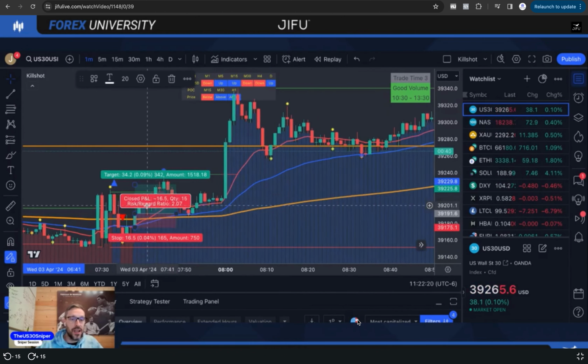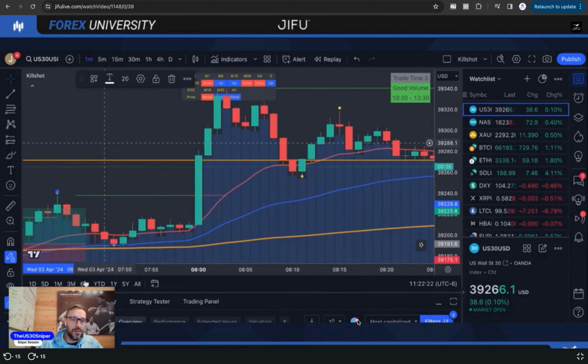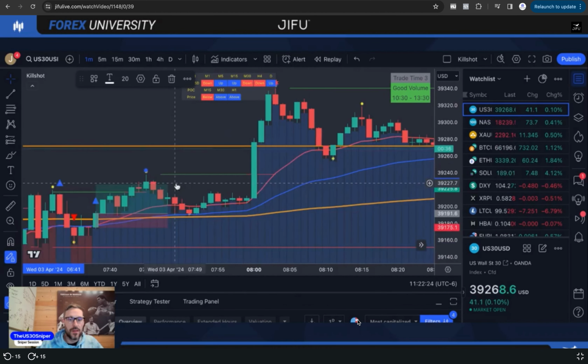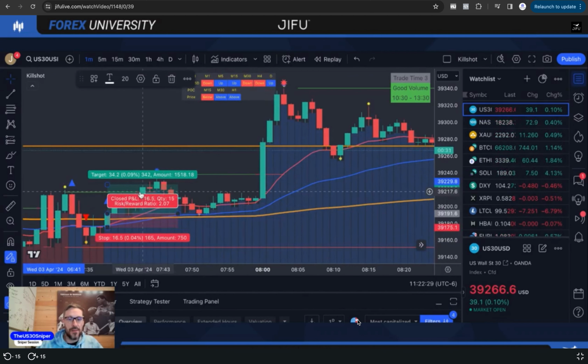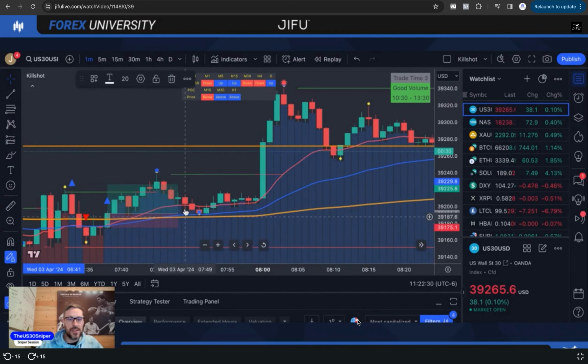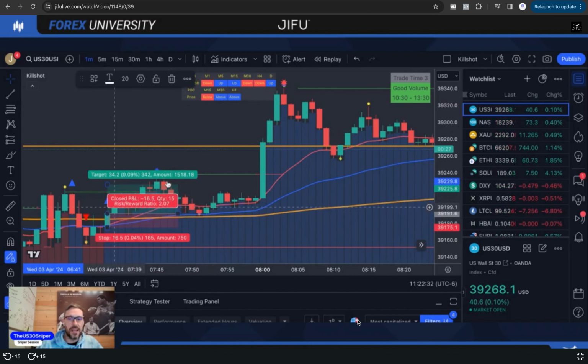You can see this trade, if you would have just left your parameters open, would have hit a TP, right? But you went to break even, got to this level up here, right? You would have moved your stop into 10 pips, you would have got 10 out of this, right? But you would have been risk-free at 10. You've secured 10 pips. Maybe that's 0.5%, or maybe that's 0.25%.